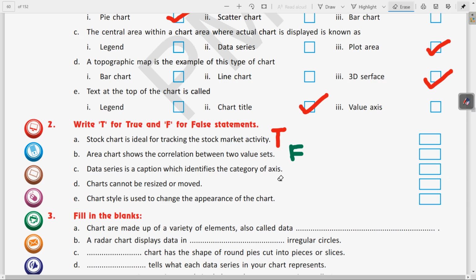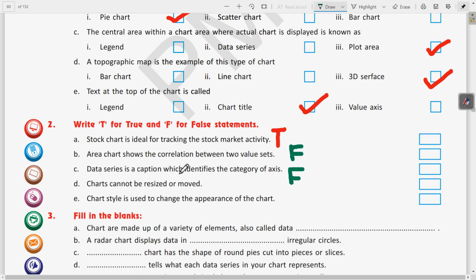So this also is a false statement, because data series is the series of the values on the basis of which the chart is created. Clear? So this statement is also false, because it is talking about the data series, but data series is something else.